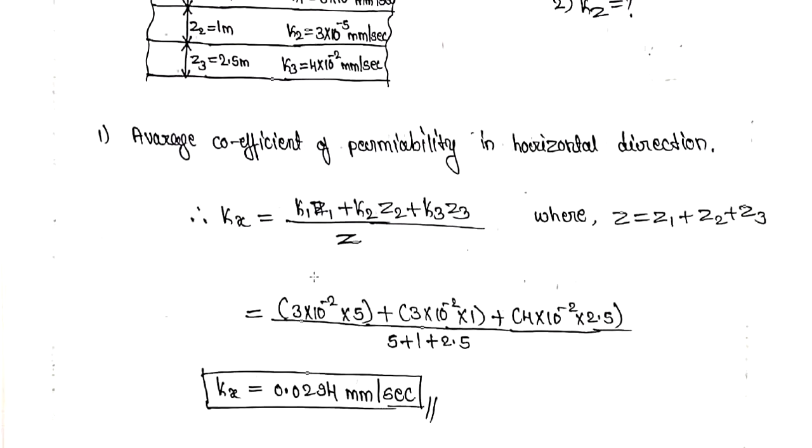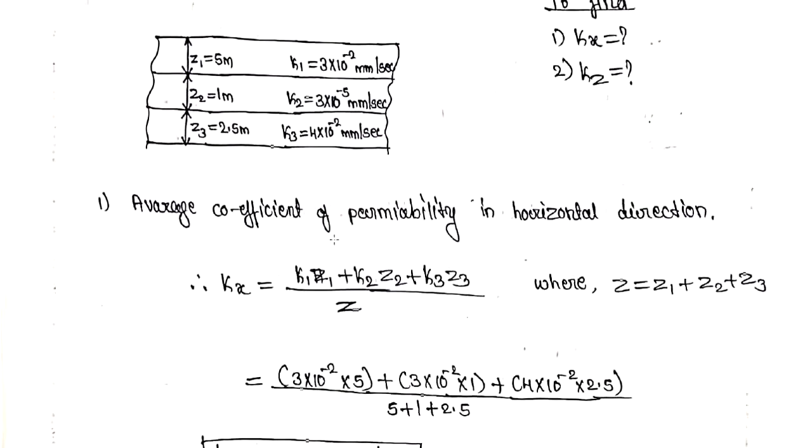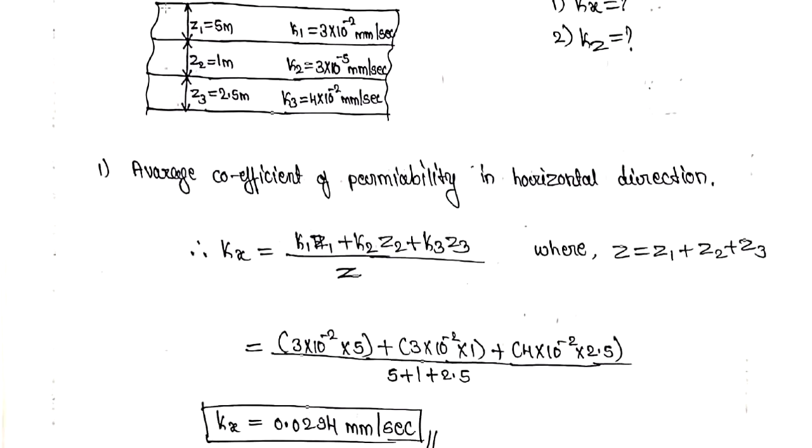In the same way I have substituted the values, but you can see over here one parameter is given in meter and another parameter is given in mm per second. But I am not converting this because this parameter I am substituting in mm per second, and this parameter I am substituting in meter. Even in the denominator also I am substituting in meters. So meter and meter will get cancelled. Mm per second will remain. Or else you can convert it and you can solve the example by same means.